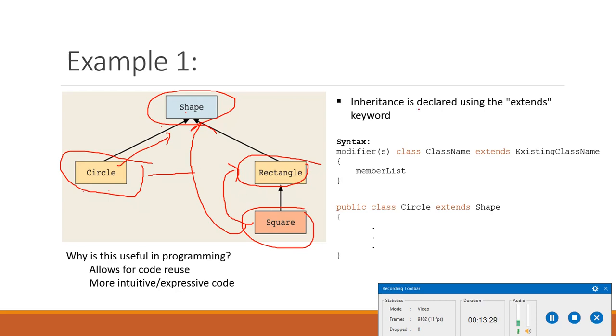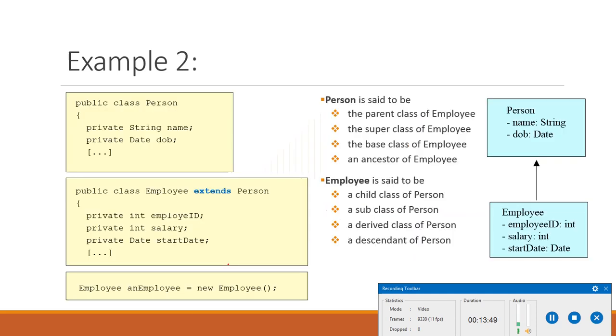We use the keyword extends. The extends keyword tells us that we are doing inheritance, just like here, public class Circle extends Shape. Why is this useful? It allows for code reuse and more expressive code.